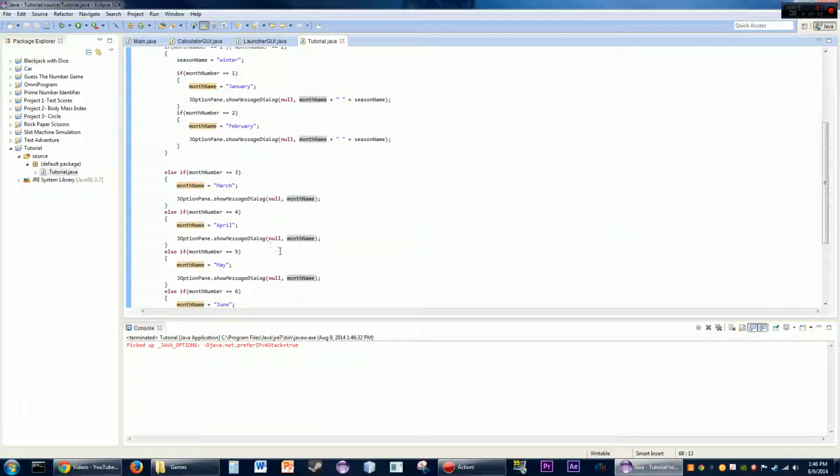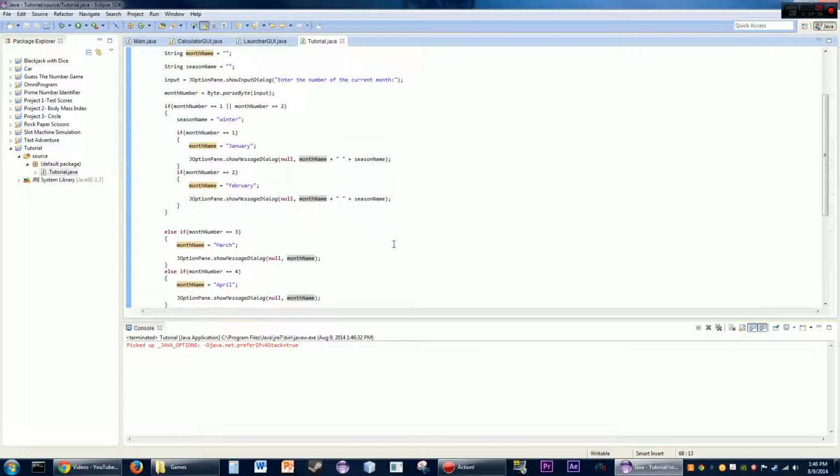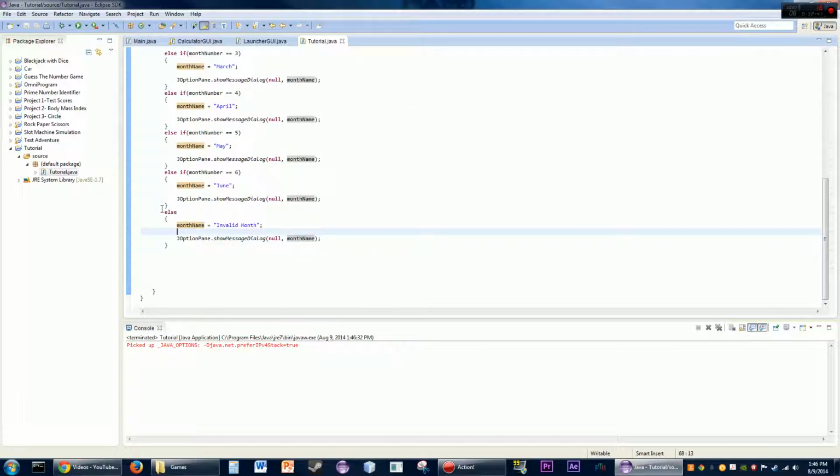One other thing that's really great about using else ifs is that you don't have to have this else statement here. This else statement is an extension of an if statement. It's not technically required, so it doesn't have to be there. It's only there if you want the option of it. So we could take it out if we wanted to, and we could still use the else if. It's always like 90% of the time a good idea to use else ifs